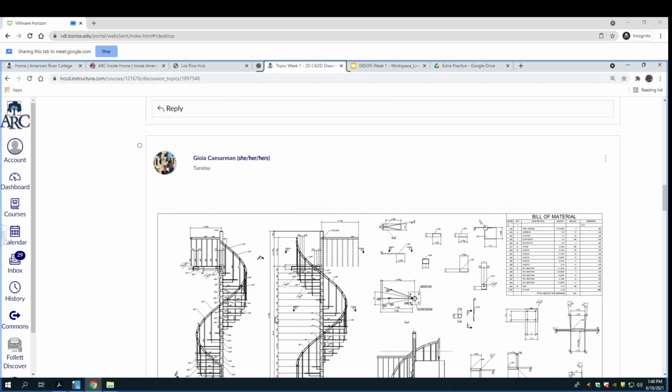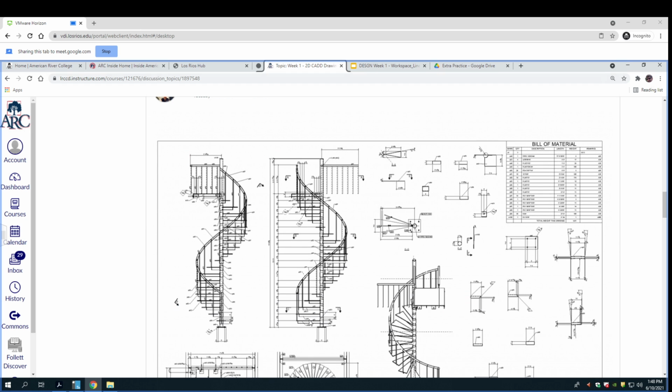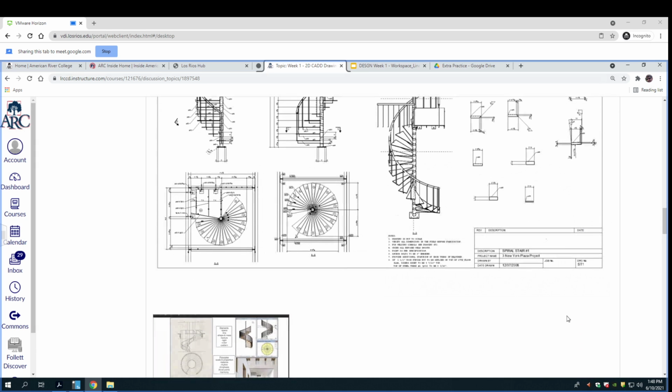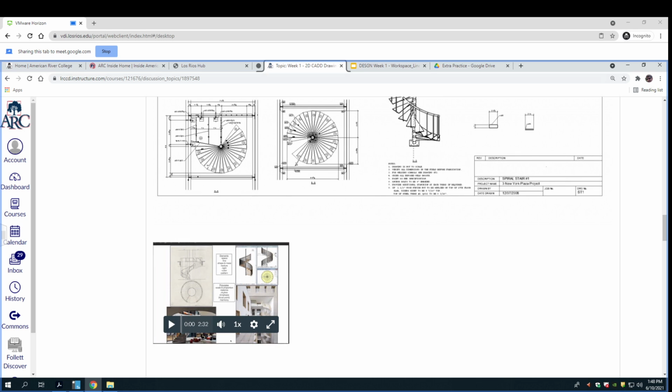This one was Joya's, right? Yeah. It is very cool. You'll be able to do this by the time we're done, Joya. Okay, well, I'm going to go ahead and turn off